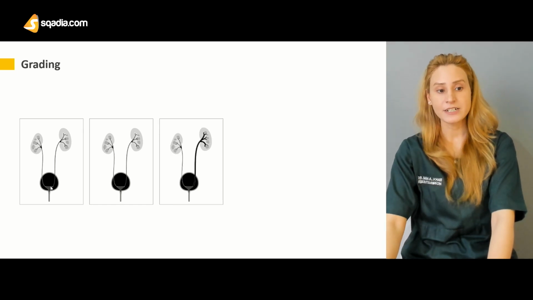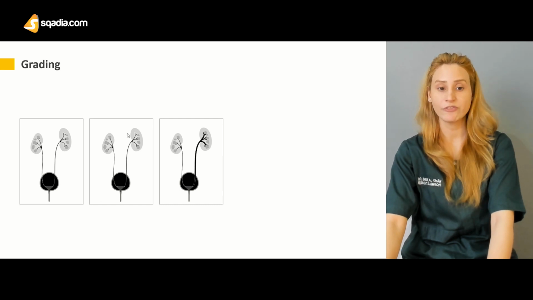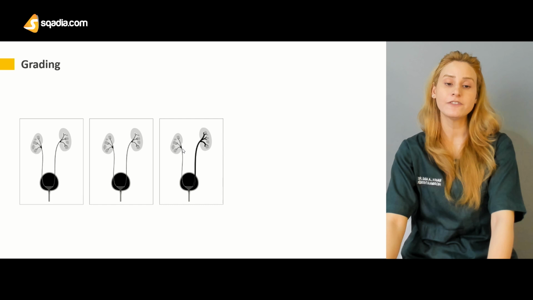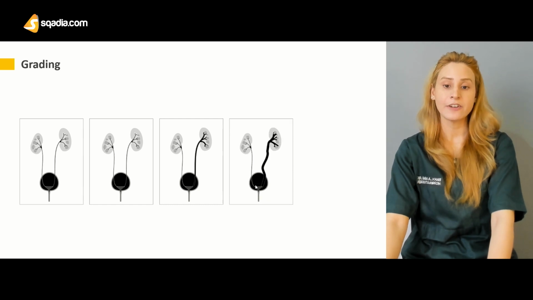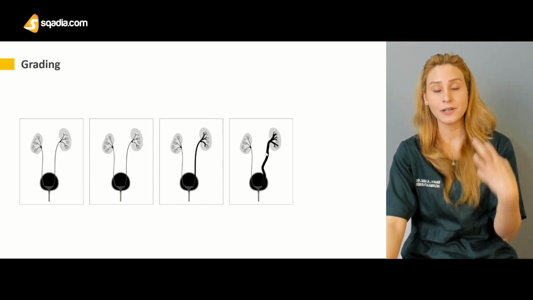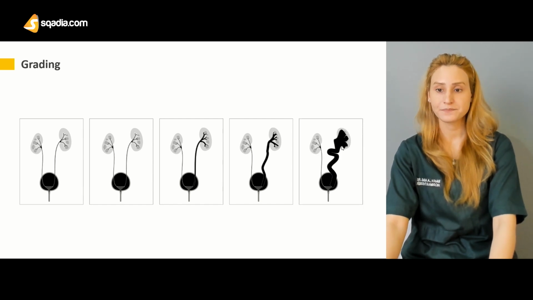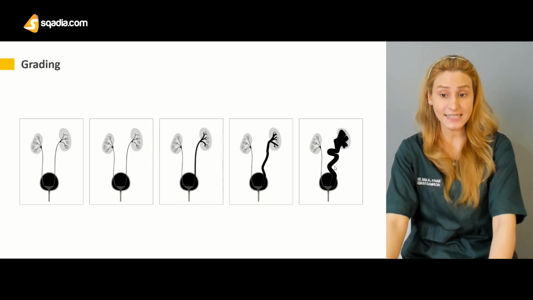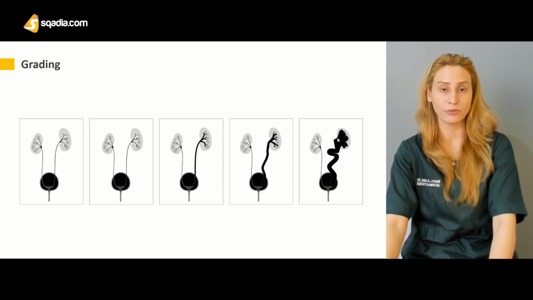Now, see, there's reflux to the ureter in grade 1. In grade 2, there's reflux to the ureter and renal pelvis. And then in grade 3, there is reflux to the ureter, pelvis, calyceal system, with minimal dilatation. And then there is extensive dilatation and tortuosity, the path of the ureter is tortuous with extensive dilatation. This is grade 4. And in grade 5, there is extensive dilatation, accompanied by renal scarring or renal parenchymal